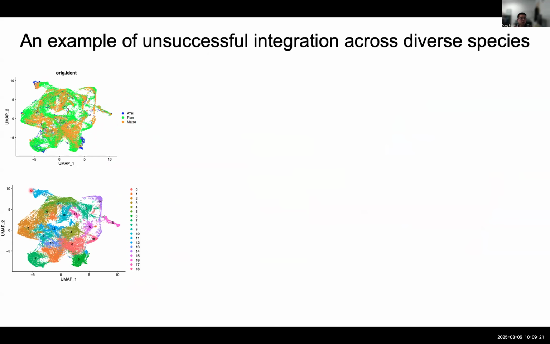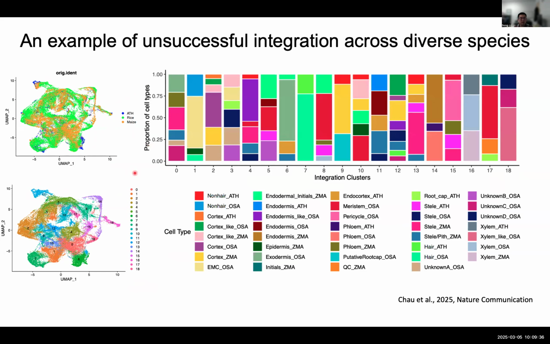And then we start to find all these clusters. These are just typical integration-based pipeline steps from Seurat. And the next thing is that we look at the actual cell type identity based on this integrated map for each of the clusters. And what happened is that we took all the annotation for each of the cluster identities based on the original publication, and then put them into these integrated clusters.